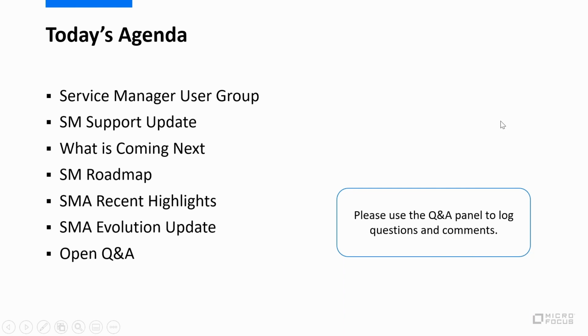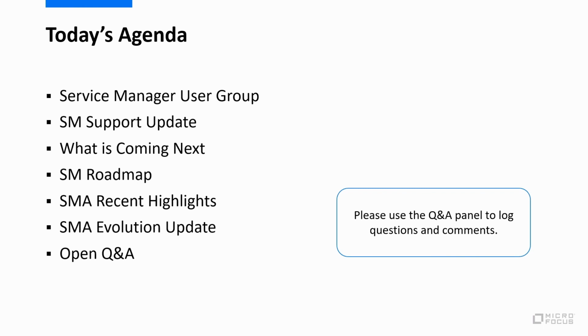And here is today's agenda. Firstly, I want to highlight again the new format of the Source Manager user group compared to the previous Source Manager practitioner forum. Then I will give you some updates about SM support, including the update on the release control product. After that, I will give you some highlights about what's coming next after Source Manager 9.70. That is another new minor release we are working on in the lab on top of the Source Manager 9.70 branch.